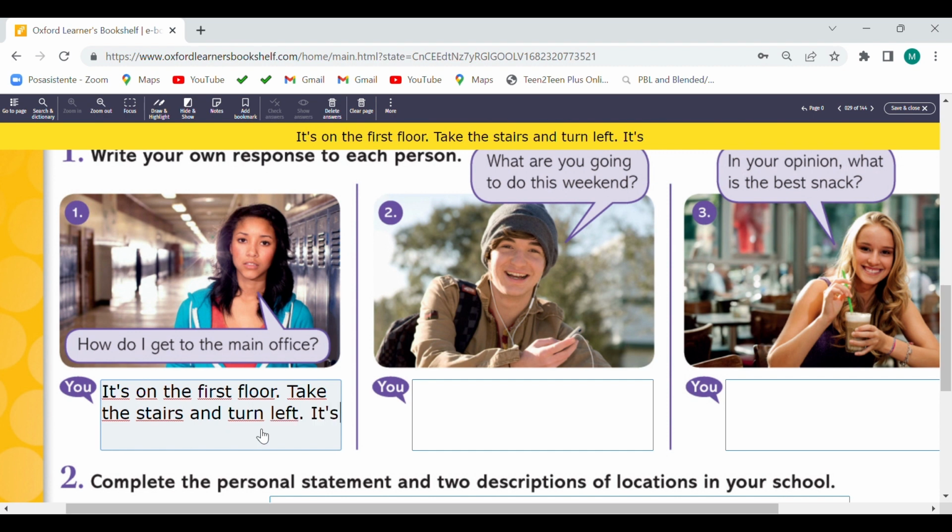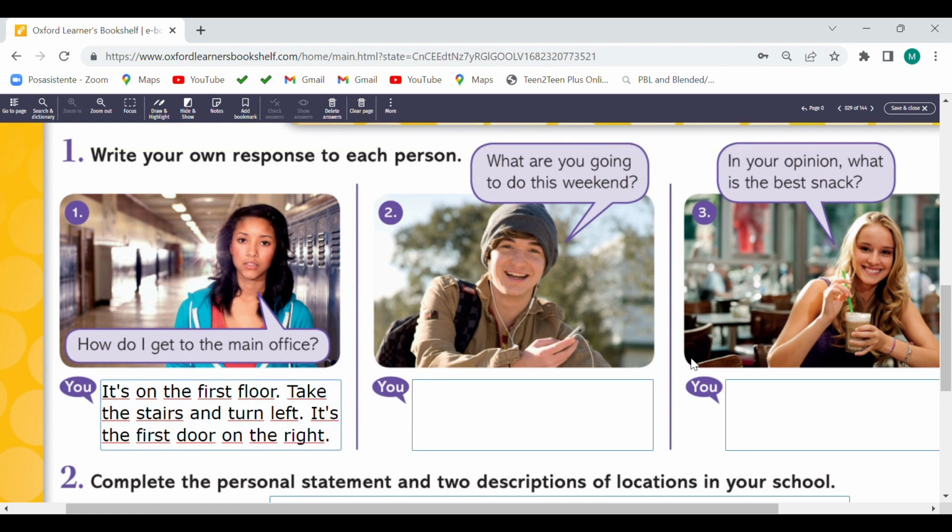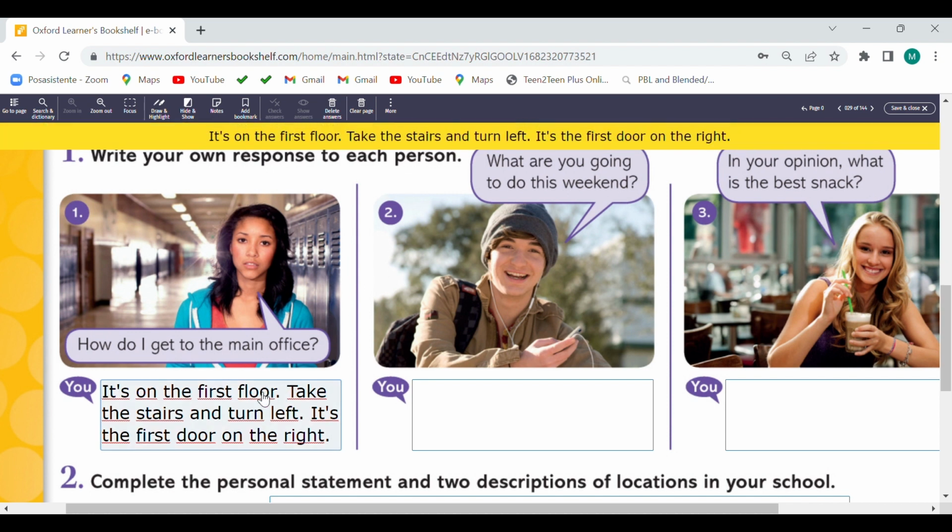Decimos que it's the first door on the right. Por ejemplo, ¿verdad? Está en el primer piso.